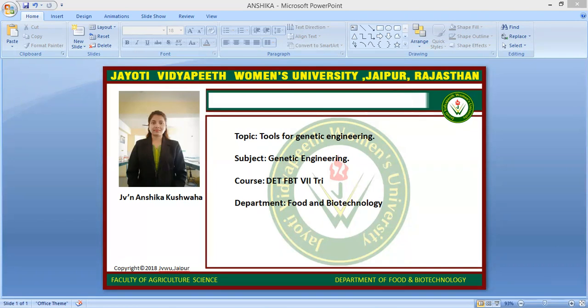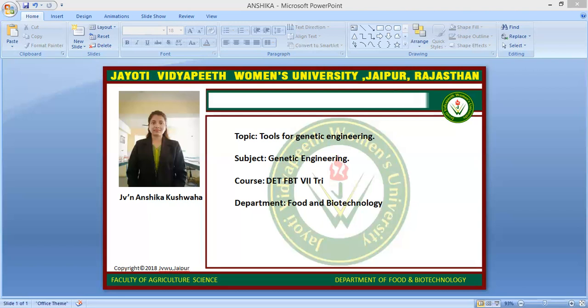Then sixth one is transformation and transduction. Transformation is the process of transferring genetic material in a vector such as a plasmid into a host cell. The host cells are exposed to an environmental change such as electroporation, which makes them competent. Larger DNA segments are more easily cloned using bacteriophage, retrovirus or other viral vectors or plasmids in a method called transduction.